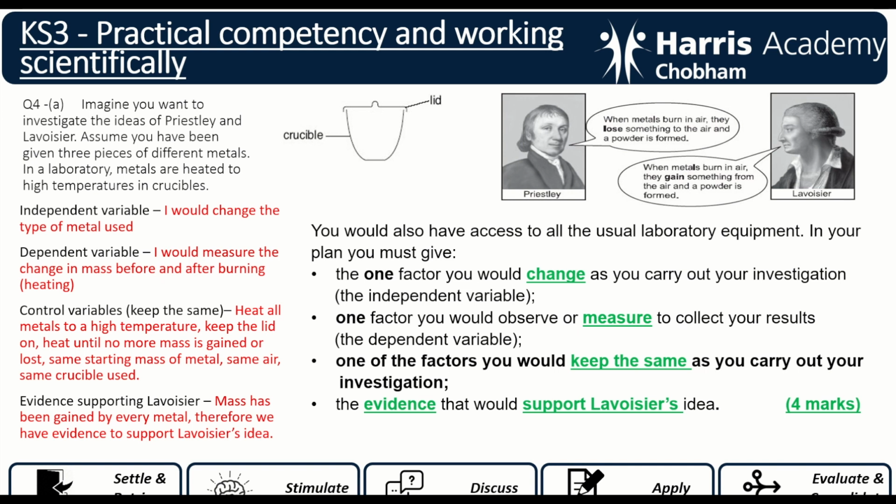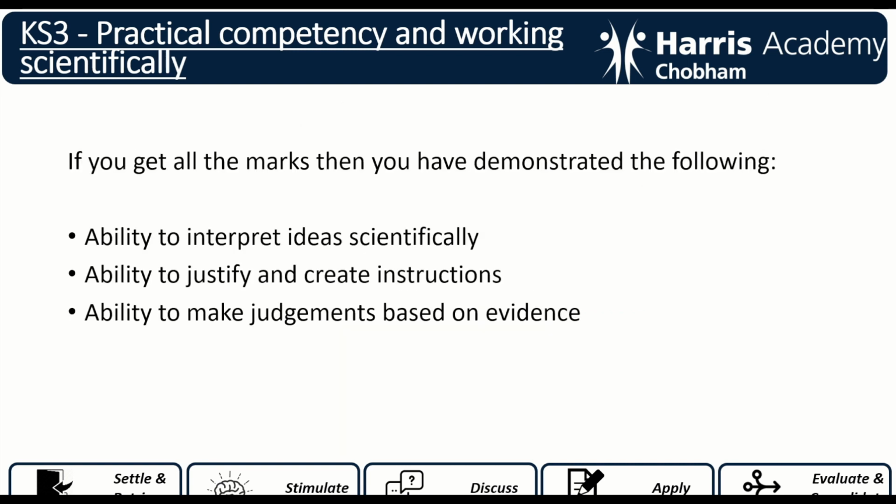And the last thing we've already discussed, evidence to support Lavoisier would be that the mass has been gained in every metal, therefore we have that evidence to support Lavoisier's idea. So, just to summarise, if you get all the marks, you've demonstrated the following: ability to interpret scientific ideas, that's Lavoisier and Priestley's, and then turning that into a practical. Ability to justify and create instructions, so that is to say what you picked for your independent, dependent and control variables, and also ability to make judgments based on evidence. So you stated then what evidence would be required to